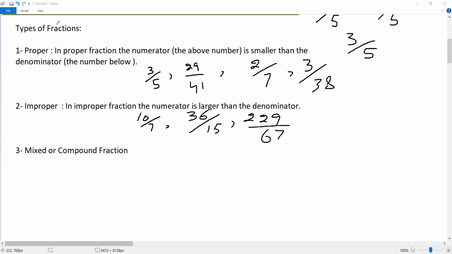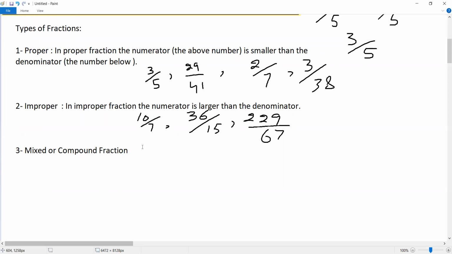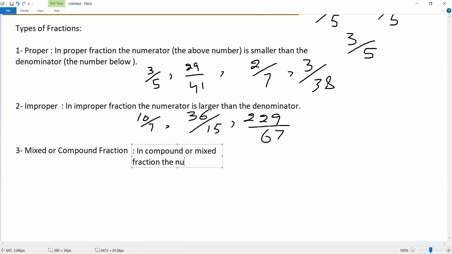Now the next type of fraction is compound fraction. So what is compound fraction? In compound or mixed fraction, the numbers